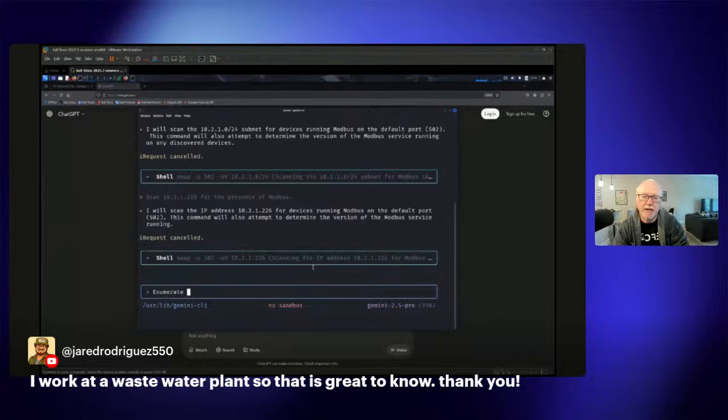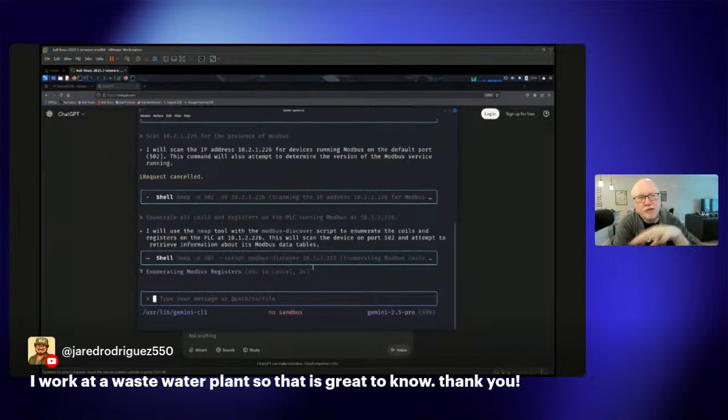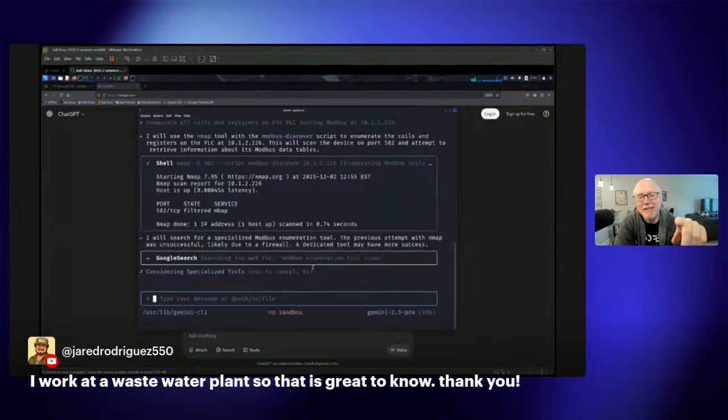And then we can say, okay, now that you have this Modbus instance, enumerate all coils and registers on the PLC running Modbus at 10.1.2.226. Next time I do this, we'll just start with the terminal. Oh, see, now it's finally catching up and saying, oh, hold on. Oh, I did the wrong